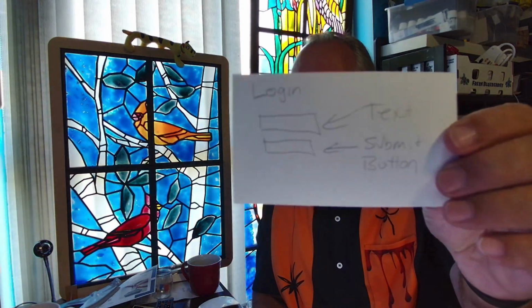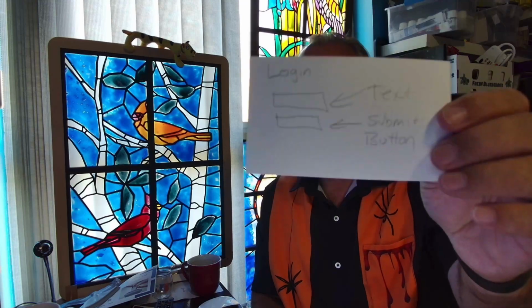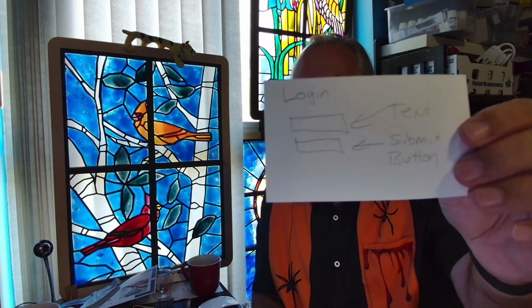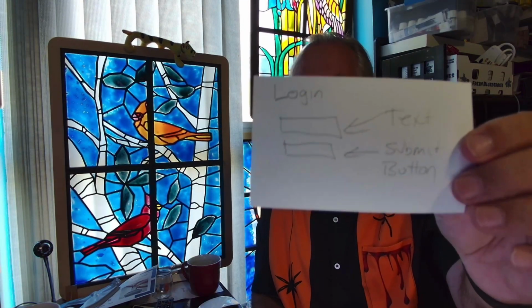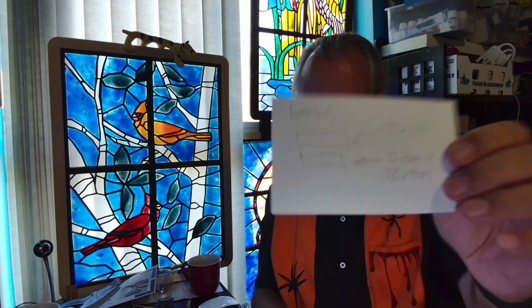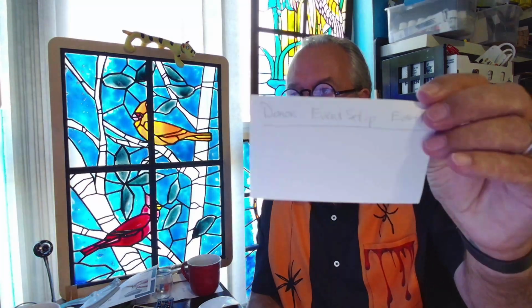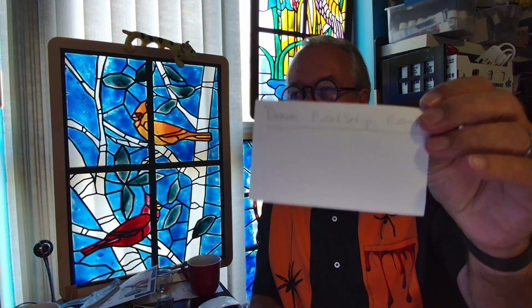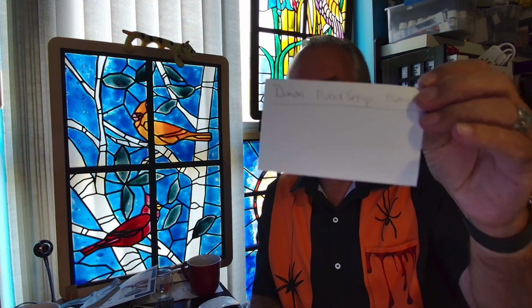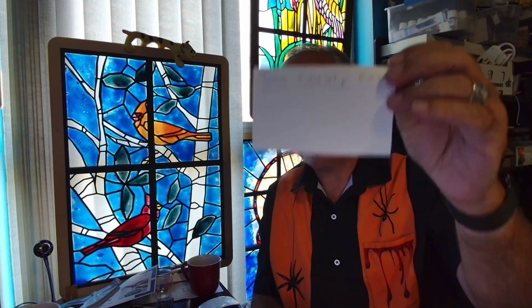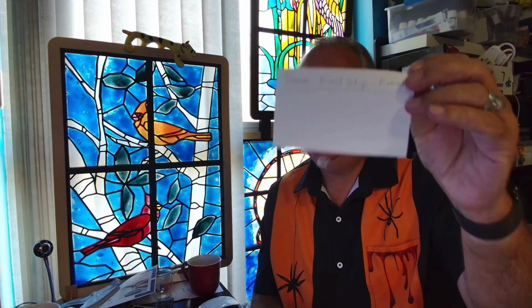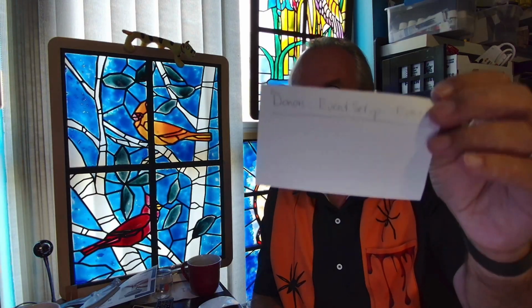And finally, of course, we have a login, which has text for my login. For the purpose of this POC, our login is just a name. So that's all we do. I have a text input and a submit button. So again, a wireframe is something that you can quickly put together. It gives you an idea of what the screen is. You don't have to spend a whole bunch of time fighting React, TypeScript, the backend server, the front-end server to give people an idea and to explore how you think